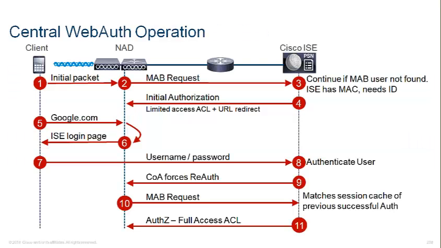So let's start here with the central web auth, and they're giving us a 1 through 11 step sequence here. So we can manage all our users. I'm sure this is probably what Cisco's doing. We're going to see the initial packet, and then the MAC authentication bypass request goes up to the ICE, step 3. And then step 4, we send back our limited access list and URL to redirect to the user, and we're going to redirect them and only allow them to get to, sometimes, DHCP and DNS. I would have to say DNS applies more to the local, so I'll skip that. But it comes back, and then